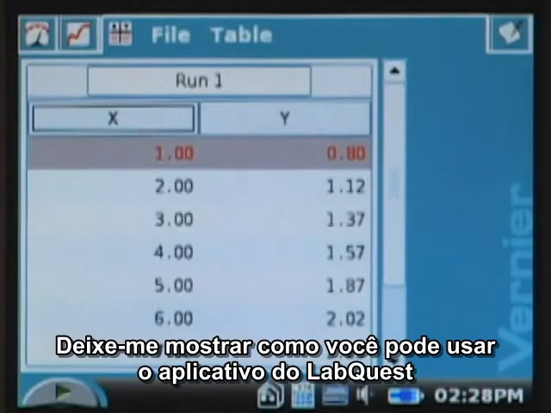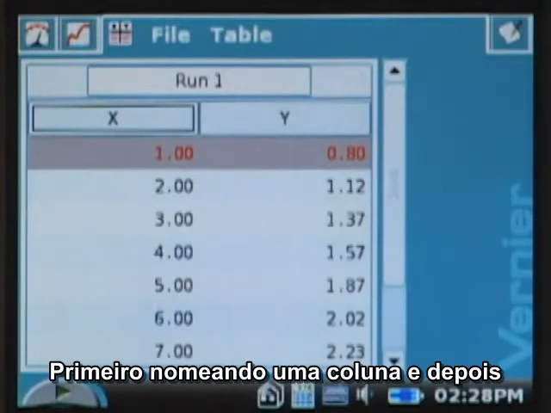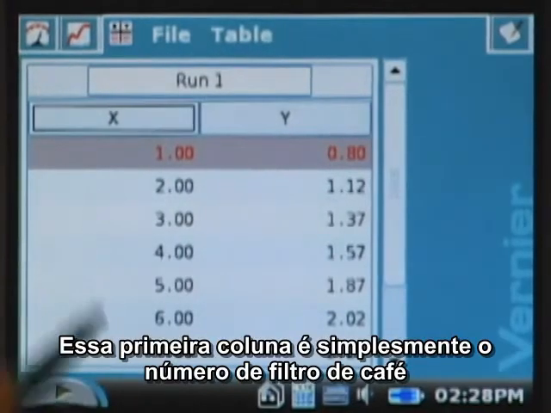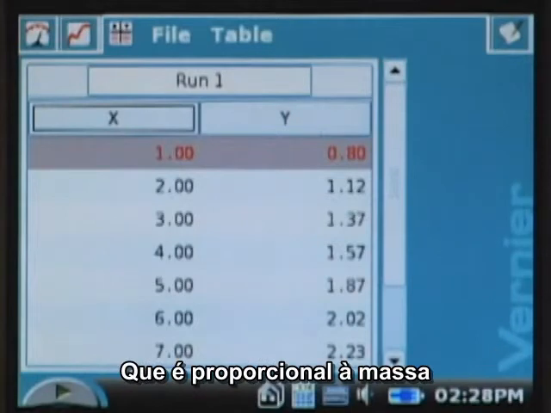Let me show you how you can use the features of the LabQuest app first to label the columns a bit better than X and Y, and then also to create a column that is the square of the terminal velocities. As I said, this first column is simply the number of coffee filters, or it's proportional to the mass